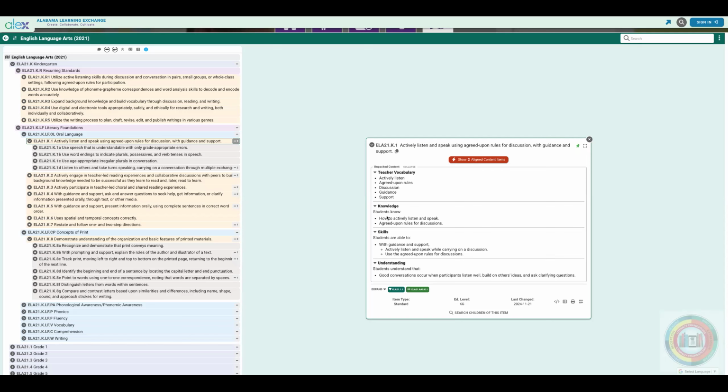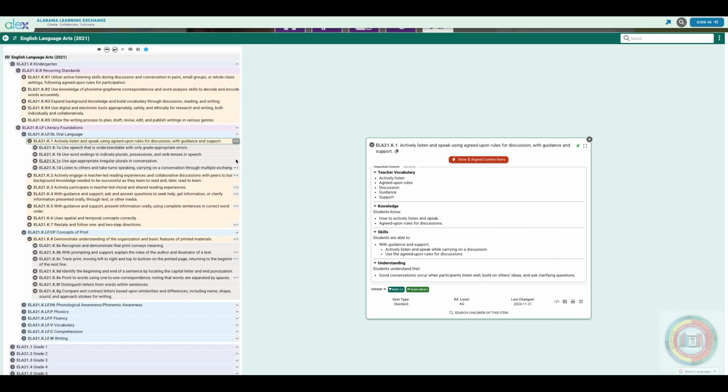These are the concepts. The skills are what students should be able to do. And then finally, we have this understanding. So this is like the big idea. What do we want these students to carry on? In this case, they're kindergarten students. What do we want them to carry on to first grade? And what do we want them to carry past the school walls just into their real life? So these are our unpacked content.